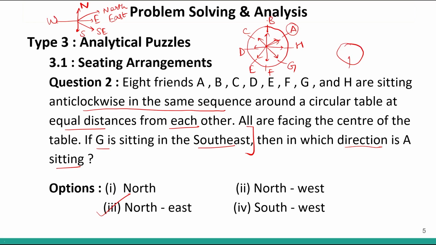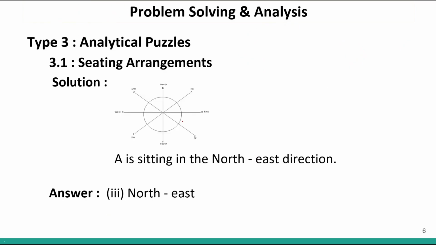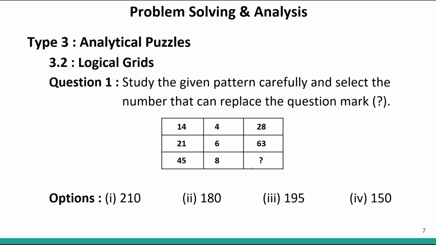If a person is facing inwards, let's say A, the right will be in this direction and the left will be in this direction. But if say A is facing outwards, okay, then this will be the right direction and this will be the left direction. So this we have already discussed when we were discussing the types of questions. So all this information you have to keep in mind while solving the questions on seating arrangement. Now, let us move on. This is the answer. A is sitting to the northeast direction.